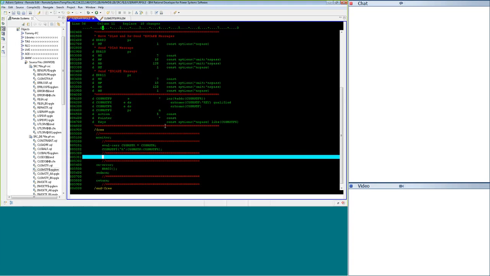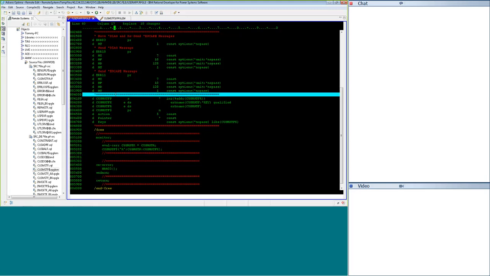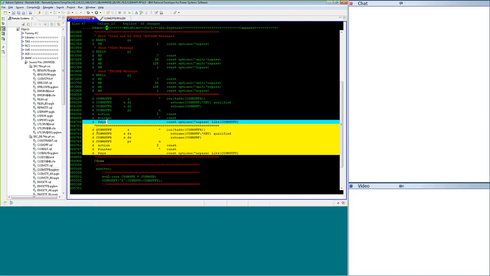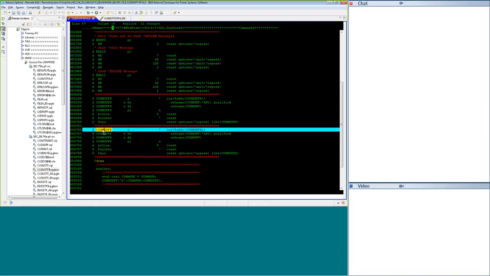The way I would do that as an example is this, and I would first do a, in fact, what I'm going to do is I'm going to copy this. I'm going to copy that, and I'm going to change this to